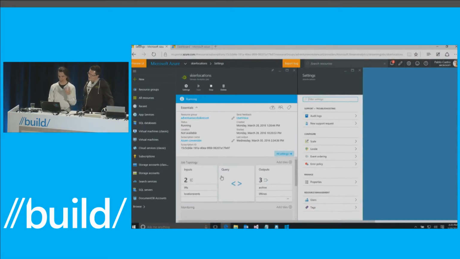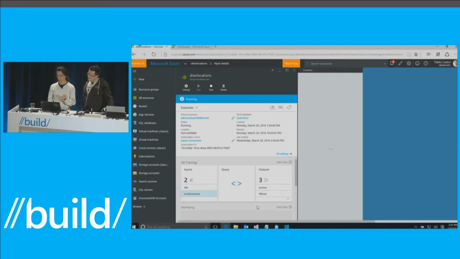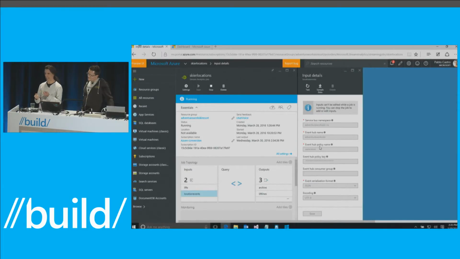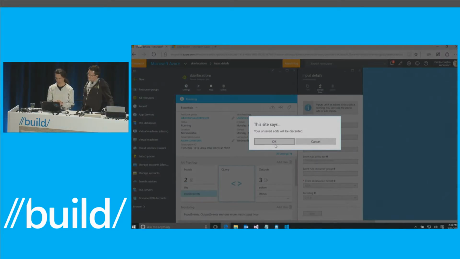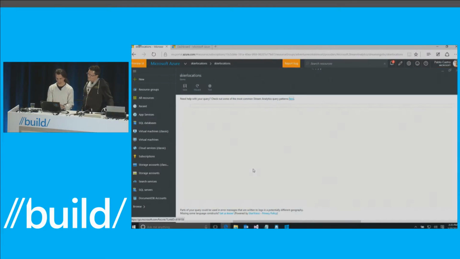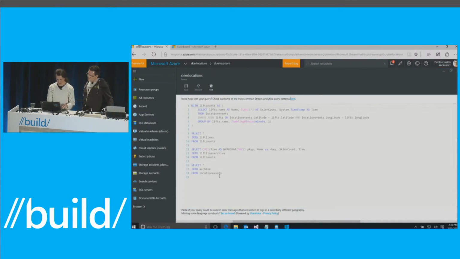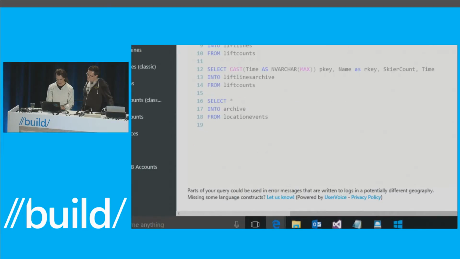So what I did is I created an Event Hub, and then I hooked up Azure Stream Analytics into that Event Hub. So I can pull data that is being generated from all these places and landed neatly organized in one place. So you can see this is my input event that lands here. And if I look at the query, there are a few things going on here, but just for now,